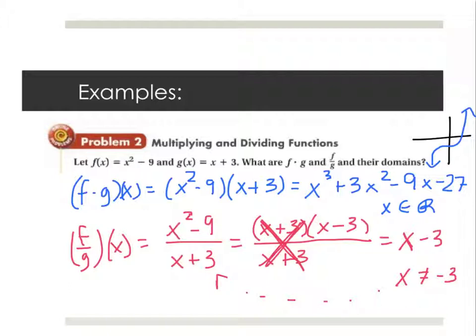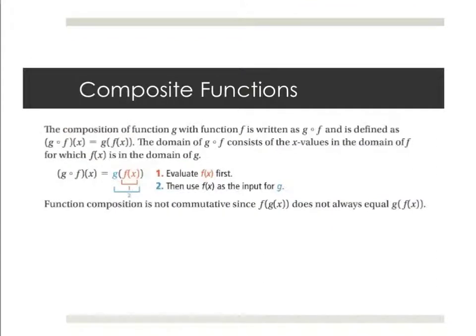Next we have composite functions. The composition of function g with function f is written as g with this little circle, so g dot f, and it's defined as g of f of x. And what we're doing is taking the f of x function and plugging it into the g of x function. This is kind of like an algorithm. An algorithm is a mathematical